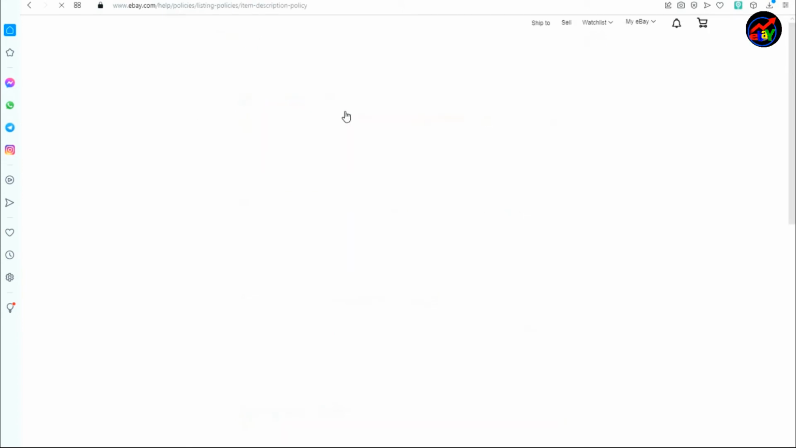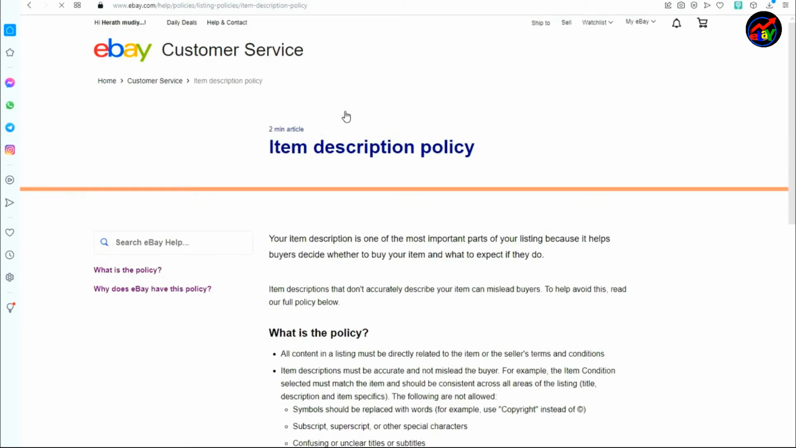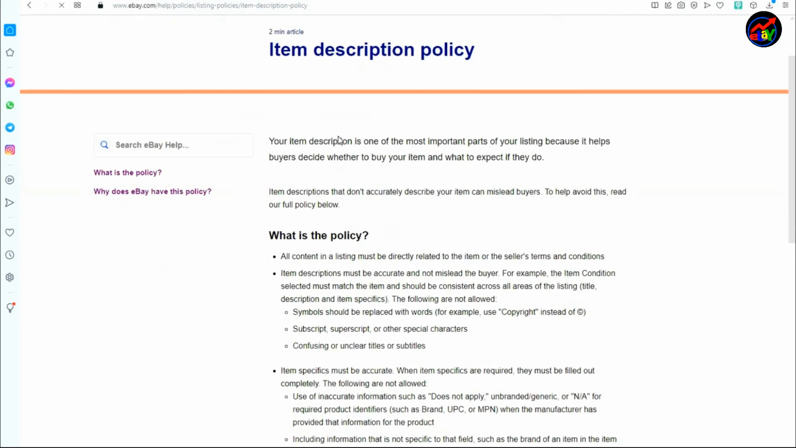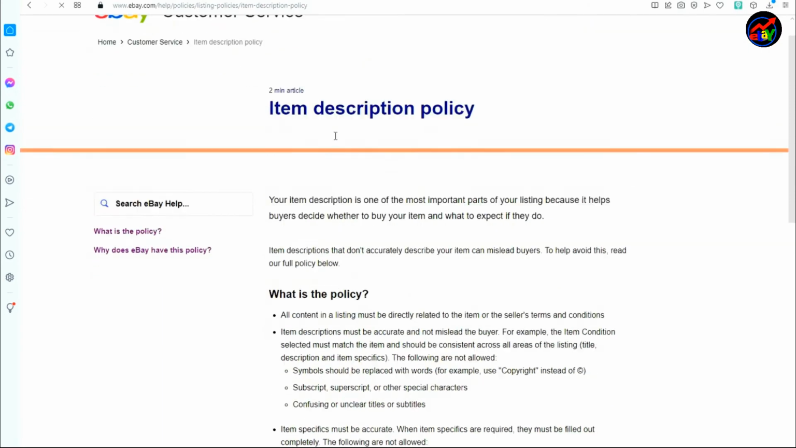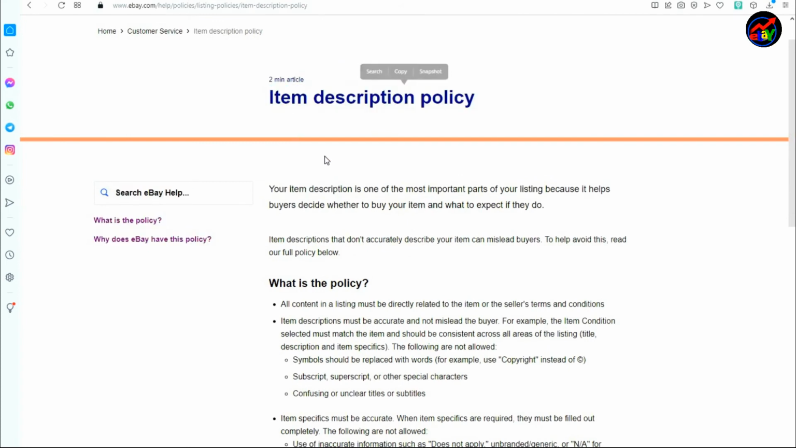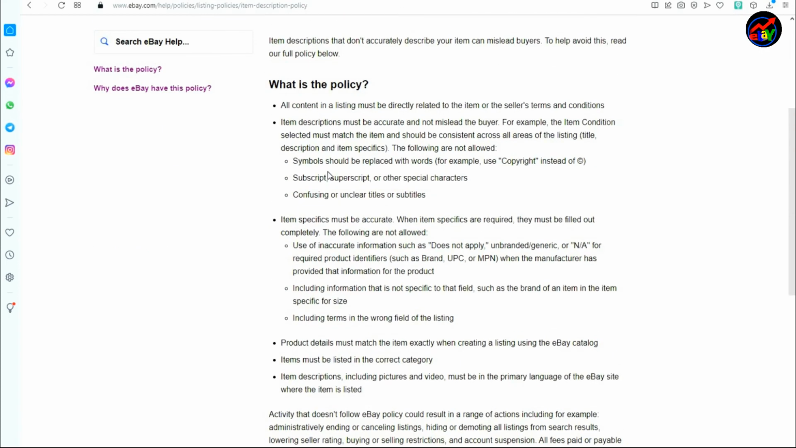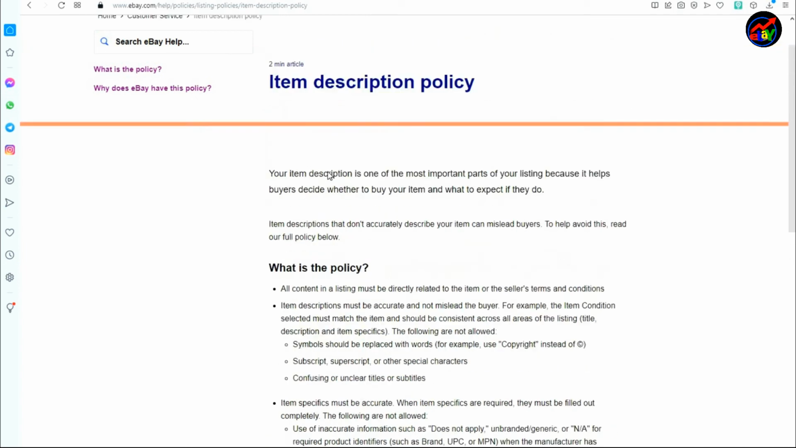eBay has this policy so that when item descriptions are accurate and in the primary language of the eBay site the item is listed on, buyers get a clear understanding of what the item is and any terms and conditions related to the